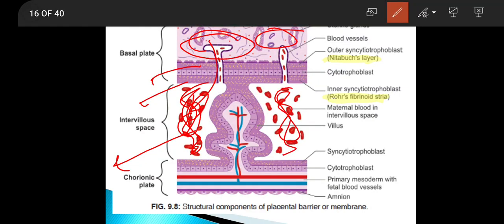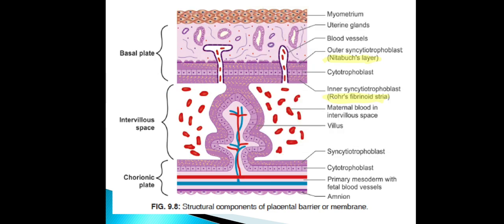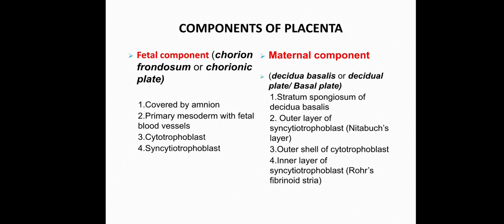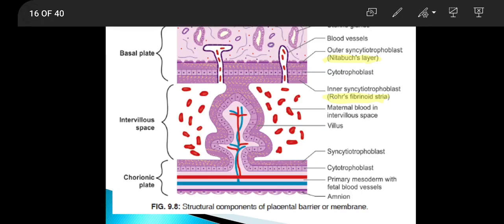The intervillous space is filled with maternal blood vessels, and the chorionic villi contain the fetal blood. So we can say the intervillous space is filled with maternal blood and the villi are filled with fetal blood. Now we can see the structure of the placenta, from the amnion, which is forming the